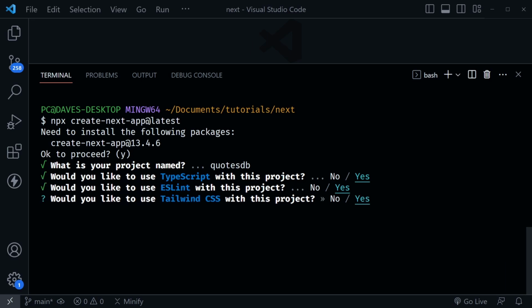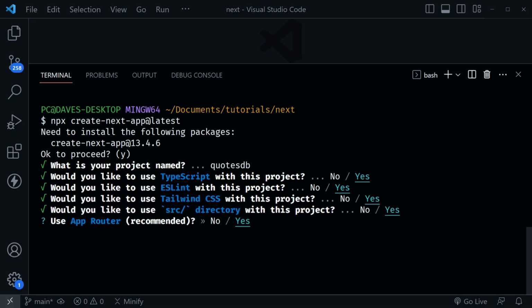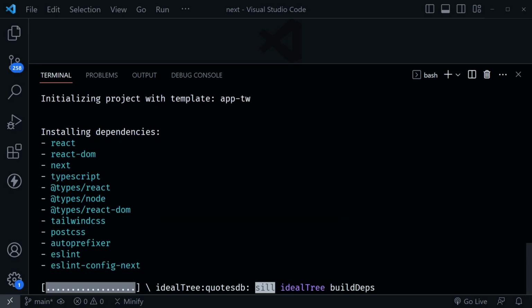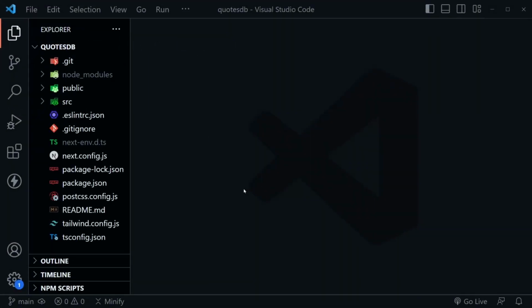Yes for TypeScript, yes for ESLint, yes for Tailwind, yes for the source directory, yes for the app router. No need to customize the default import alias. We will be using an import alias, but I don't need to customize it. So now it's going to go ahead and create the new Next.js project. And now VS Code has completed creating the project, and I've gone ahead and opened the quotes DB folder that